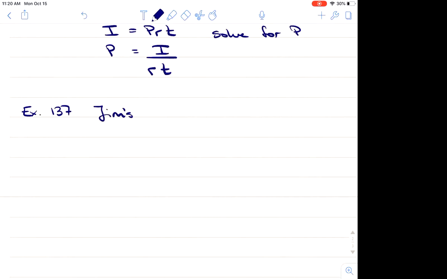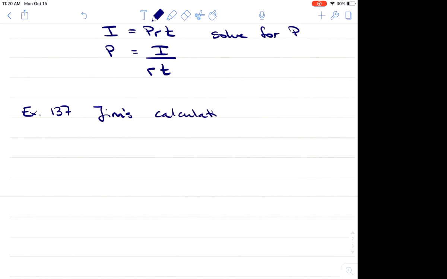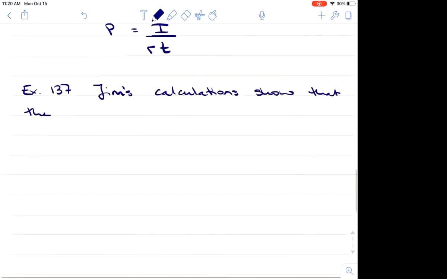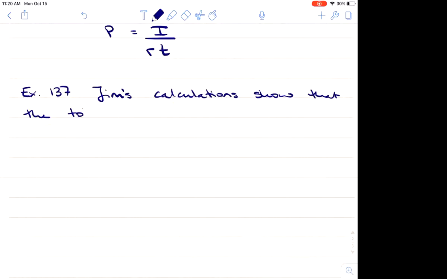So we'll write it out. Jim's calculations show that the total interest